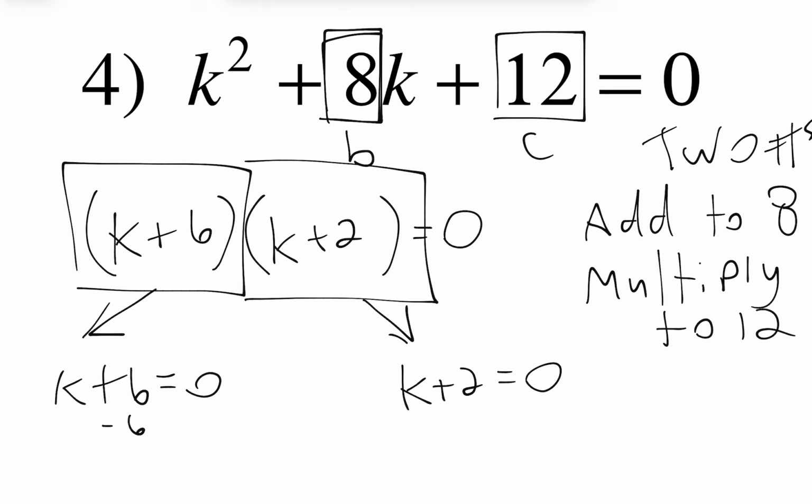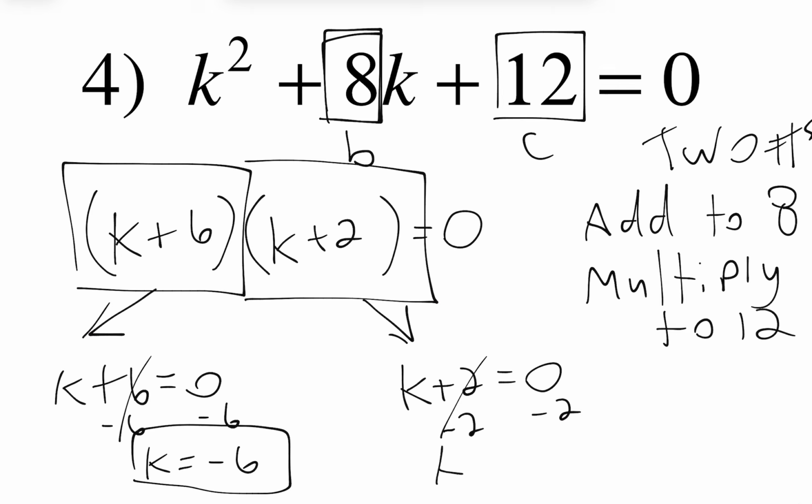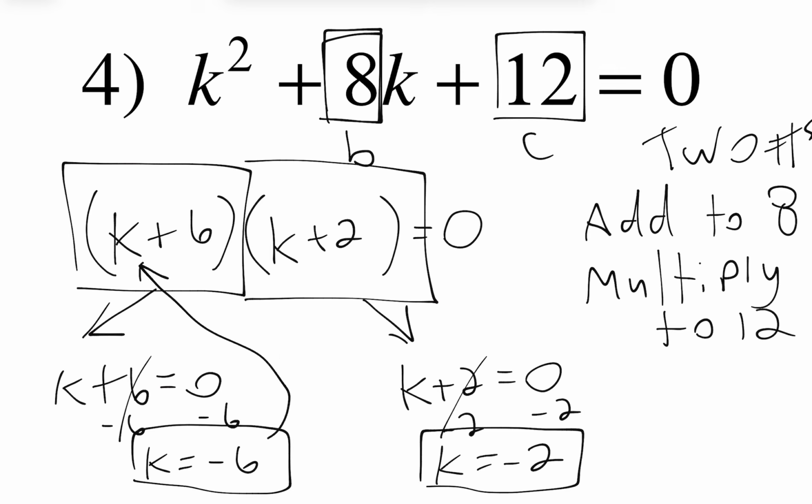Well, we could simply subtract 6 from both sides and get k equals negative 6, and subtract 2 from both sides over here and get k equals negative 2. So those are our two solutions, or our two roots, or our two x-intercepts. And you can visualize, right? If you were to put this negative 6 in for k, negative 6 plus 6 is 0. And 0 times anything is 0. So it would make this equation true. Let's do